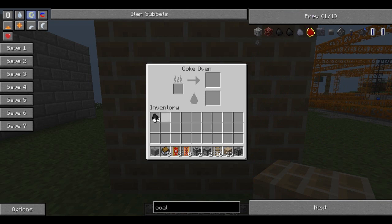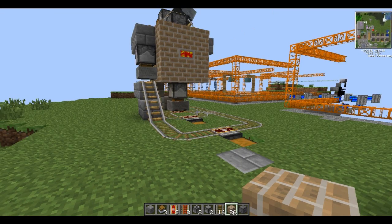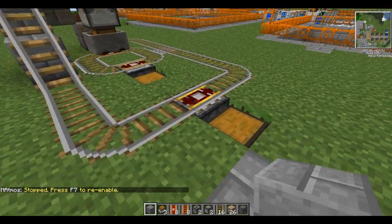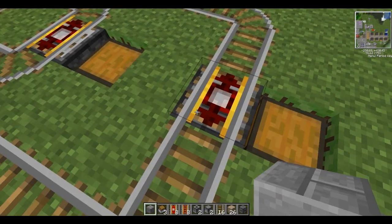Let's get some coal, and this will turn it into coke coal, which, if I go over to my already made furnaces over here, you can see I've got all these furnaces, this coke furnace set up. Now, let me explain a little bit what's going on here. As you can see, I've got my item unloaders in here, under this ground, just here,